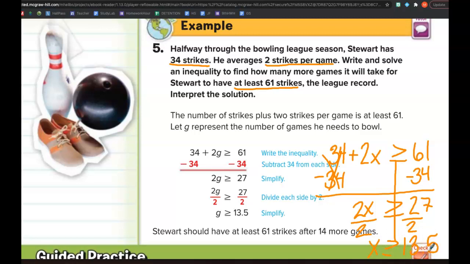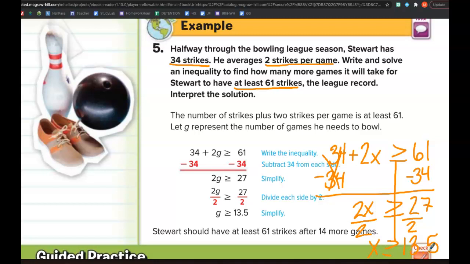Now it says that I need to interpret the solution. So I have x is greater than or equal to 13.5. What does my variable represent in the first place? The number of games that he plays. So how many games is he going to have to play to reach at least 61 strikes for the season? 13 and a half. Play half a game? No, 13. So we would say